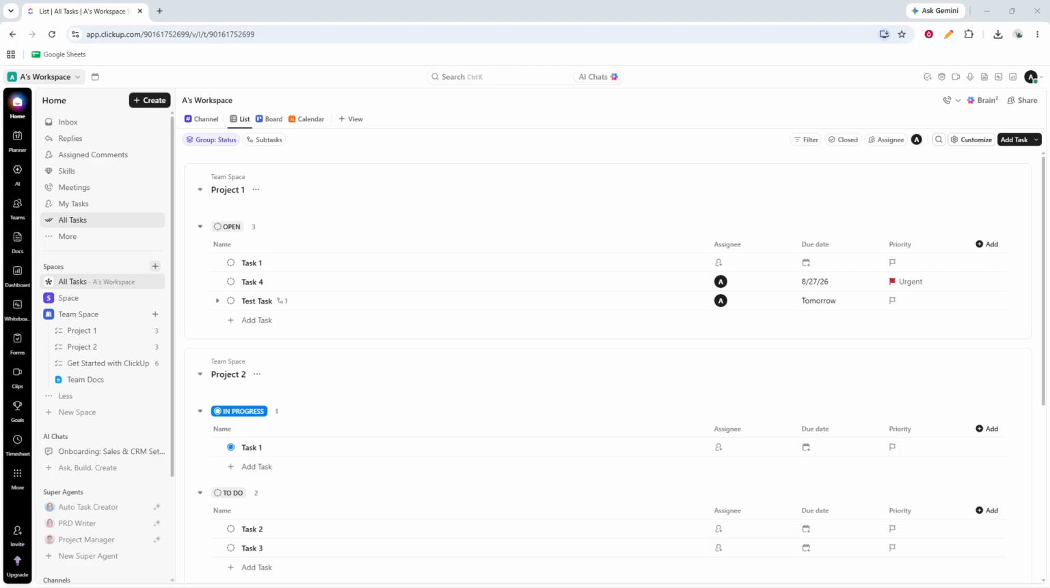In today's video, I'm going to teach you how to add a subtask in ClickUp. If you want to break a larger task into smaller, more manageable pieces, adding a subtask is a simple and effective way to stay organized. Subtasks help you keep related work grouped under one main task, which makes it easier to track progress and assign